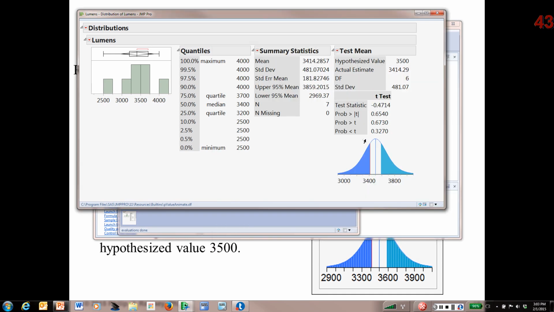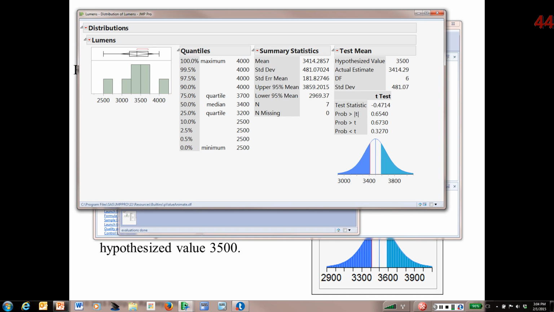So if you look in the test statistic report, you're given all three forms of the test. The probability the mean is greater than 3,500, the probability the mean is less than 3,500, and the first one, the one we'll mostly focus on, the mean is not 3,500. Again, the p-value measures the level of agreement between the null hypothesis and the sample data. So in my case, the p-value is 0.654, which says